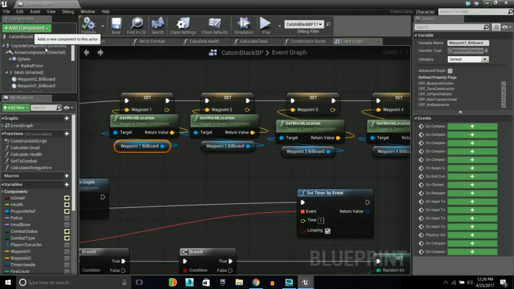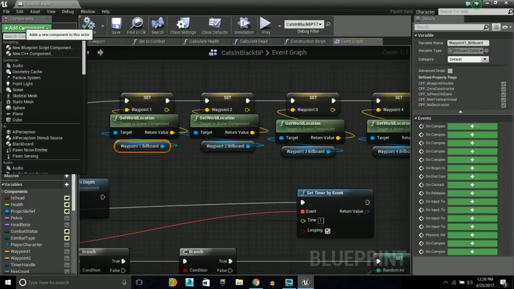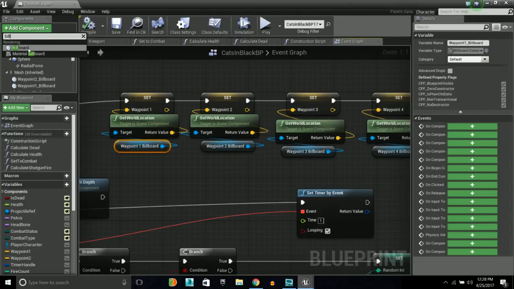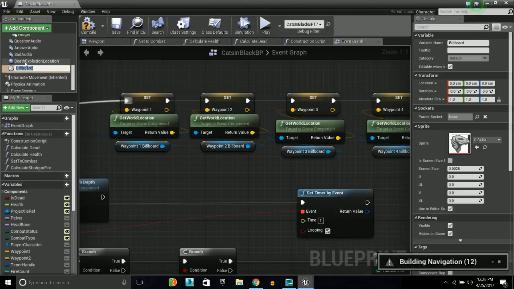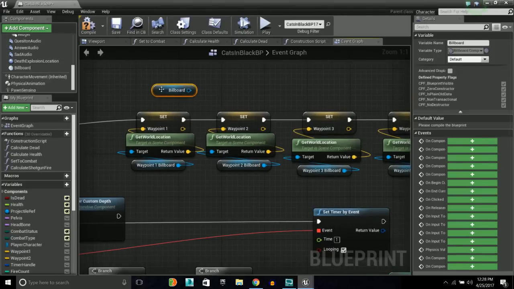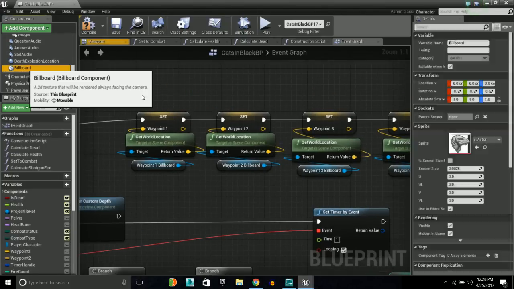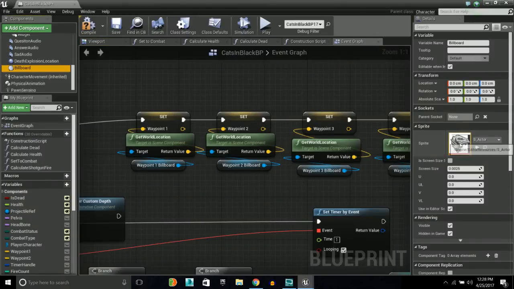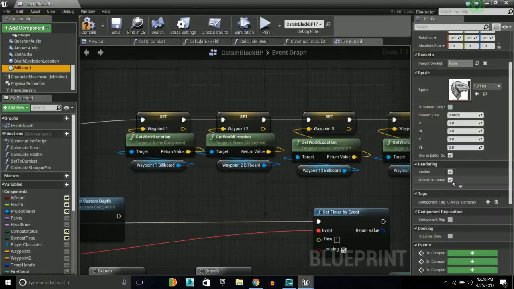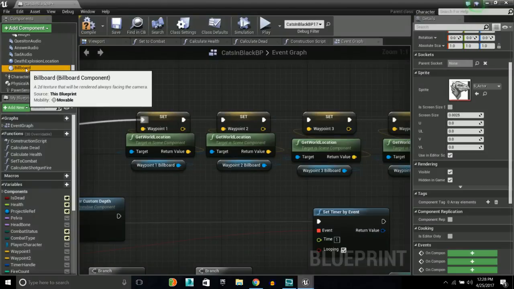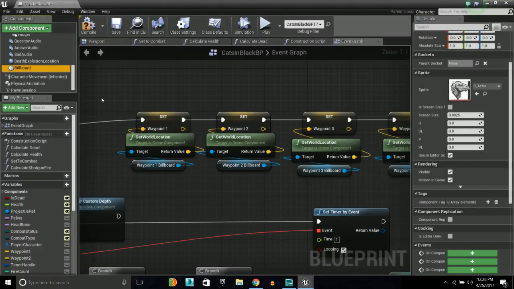And a billboard is created by going to add component and typing in billboard. A billboard is just a marker. You take it and drag it on, and there's your variable. The only options you have over here are a sprite to identify it, the size of that sprite, and tags and rendering options, and that's it. It's simply a marker that you can reference inside of your